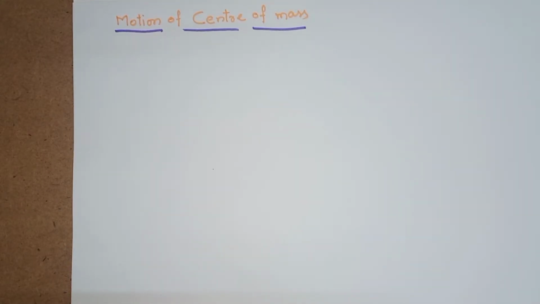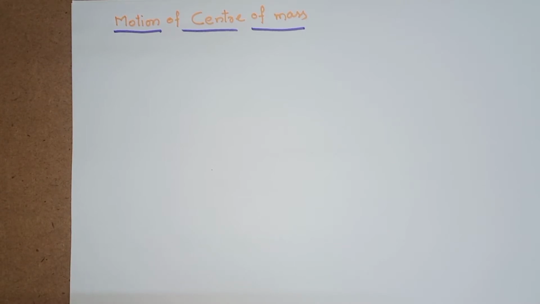Welcome to the class. In the last class we saw the basic definition of center of mass, and the calculation of center of mass of different geometries with respect to the coordinate system. We calculated coordinates of center of mass, and in the last problem we saw the calculation of center of gravity. The center of gravity coincides with the center of mass if the acceleration due to gravity, g, is the same. We also saw the problem where reaction forces and frictional force were calculated.